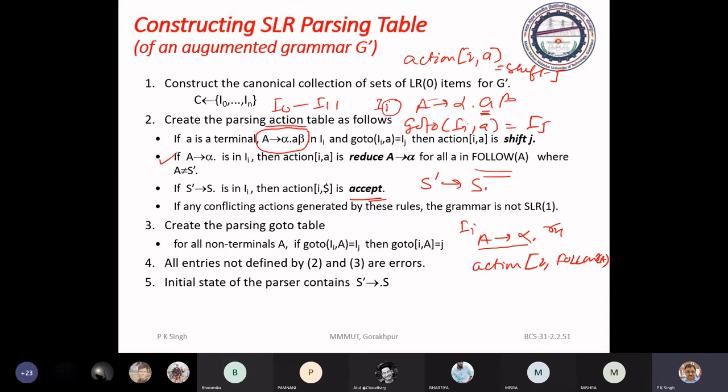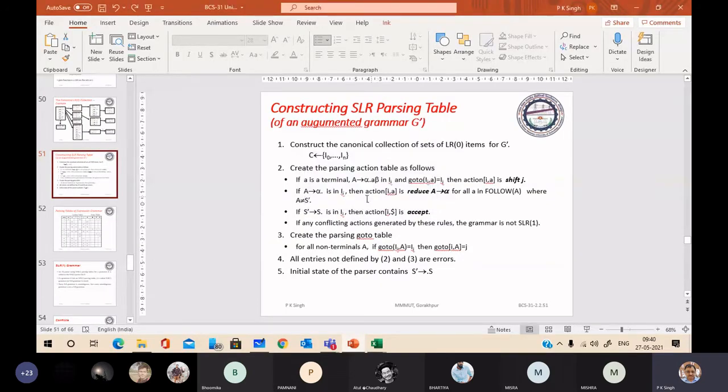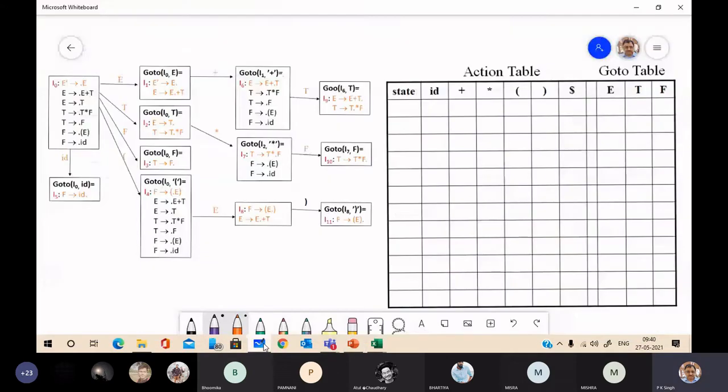So first we will make entries in the table. You just see the item sets we have computed: I0, I1, I2, I3, I4, I5, I6, I7, I8, I9, I10, I11.